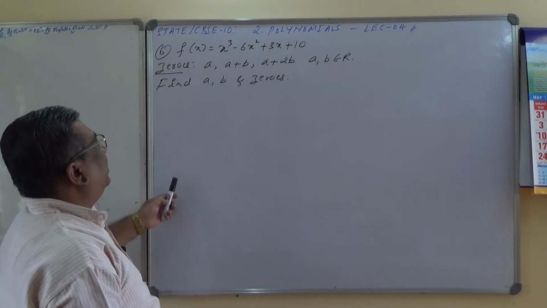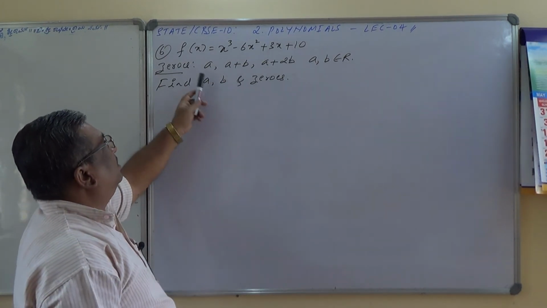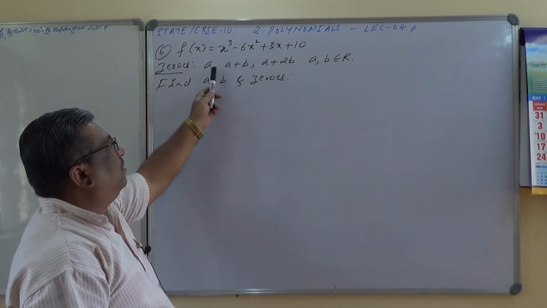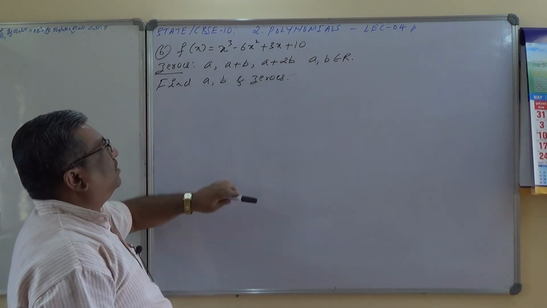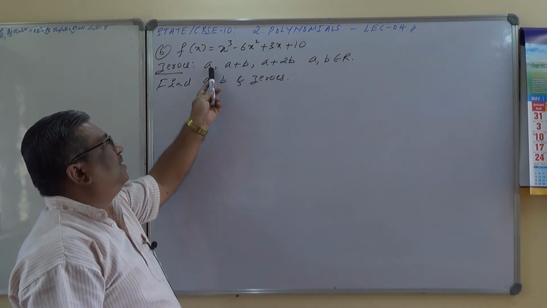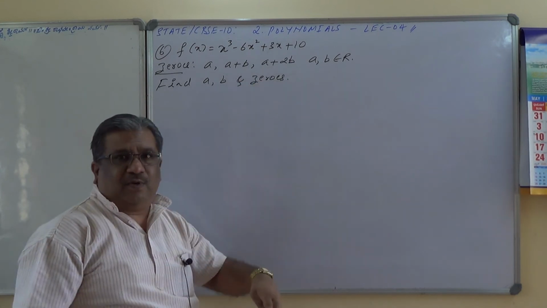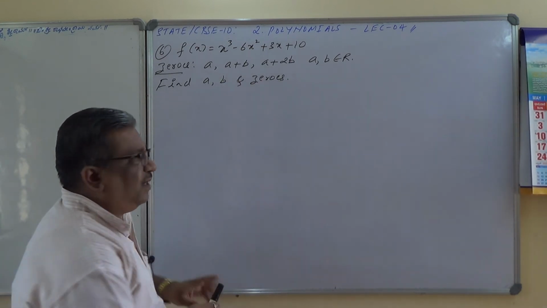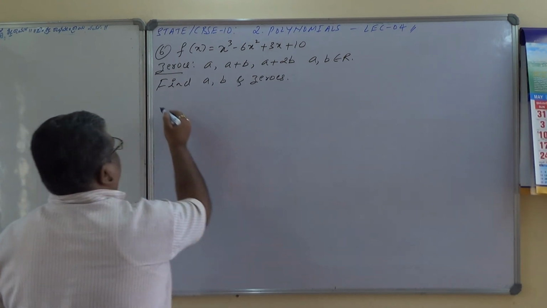Here we have one more typical sum. Fx is given, zeros are so and so, find a and b and zeros. Here we have to find out the values of a and b and also zeros. If you find a and b, these are the zeros. A, a plus b, a plus 2b are the zeros. So if you know the values of a and b, alpha beta gamma, the zeros, you can find out. So solution,